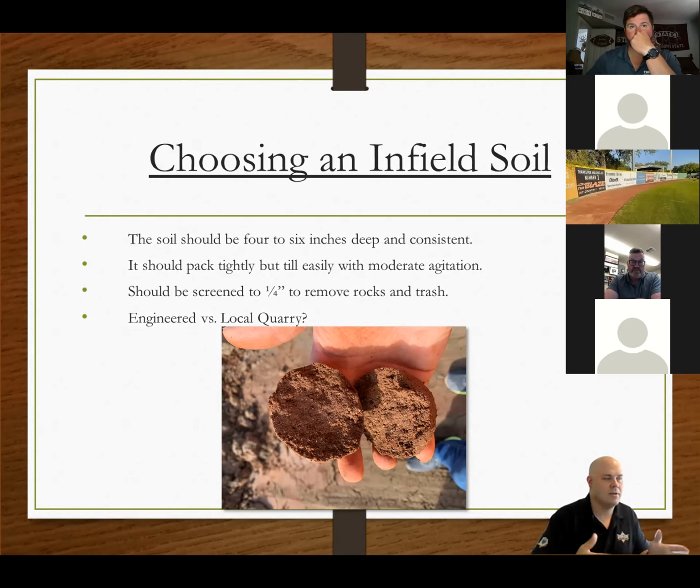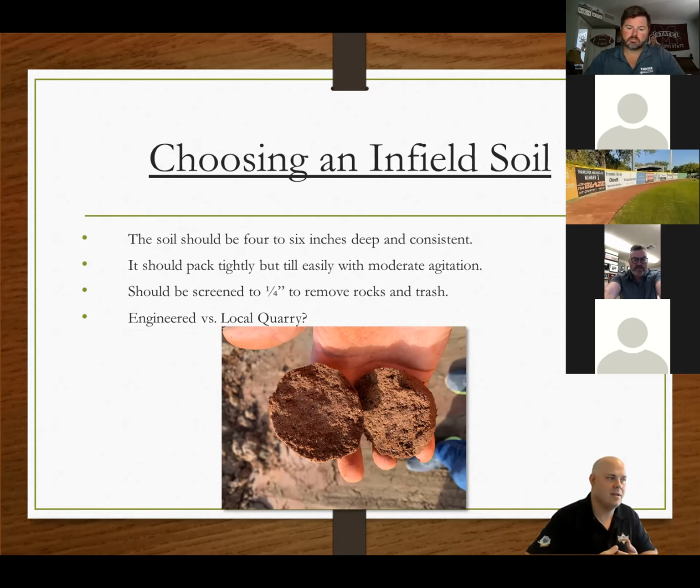They put in a percentage of the correct sand, the correct amount of silt and clay, and blend those together so that you have a consistent material every time you put it out on your surface. Compared to a local quarry, which could lead to two different types of materials based on what year or what area of the vein they pulled those materials from.